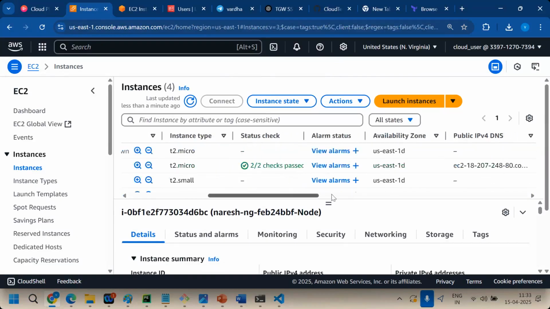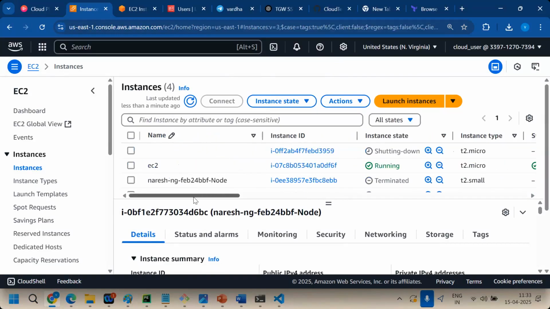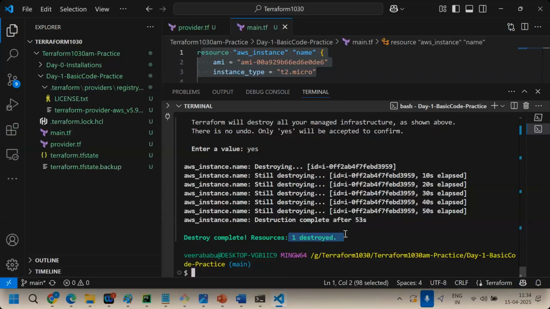It's taking time. Terminated, right? See, destroyed, right?